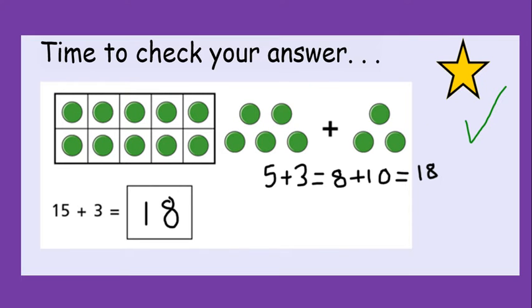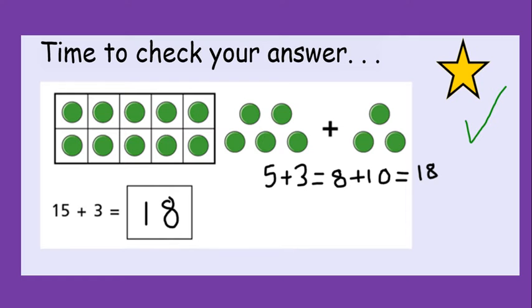Aha! It's the same answer. How can that be? 15 add 3 is 18, the same as 13 add 5 is 18. And the reason is that 5 add 3 or 3 add 5 is a number bond of 8. So those two numbers added together are always going to make 8, which means whether you say 15 add 3